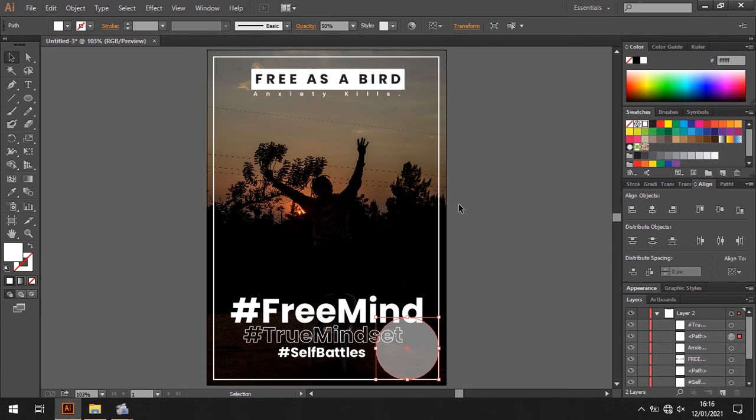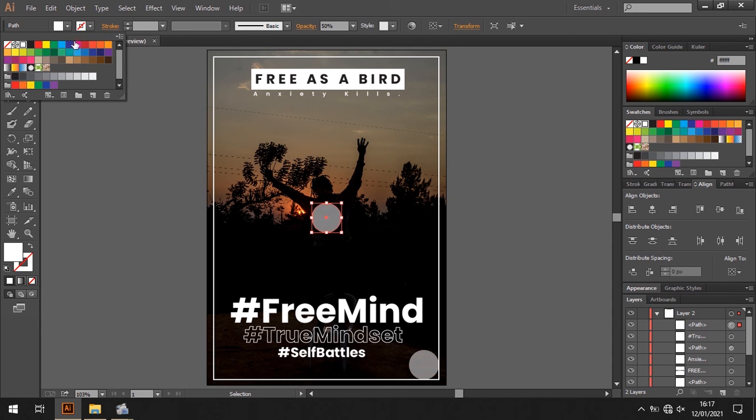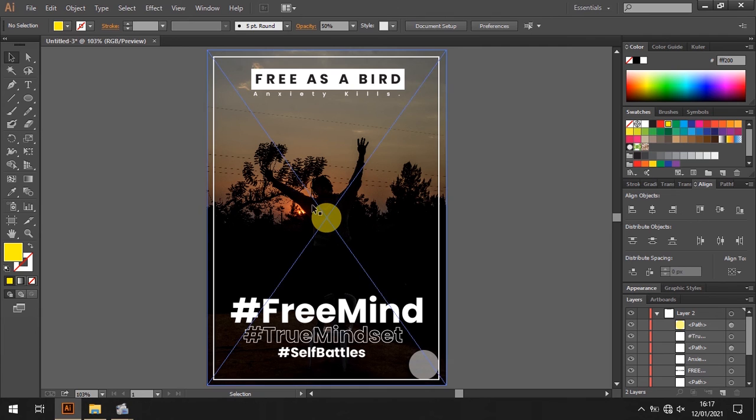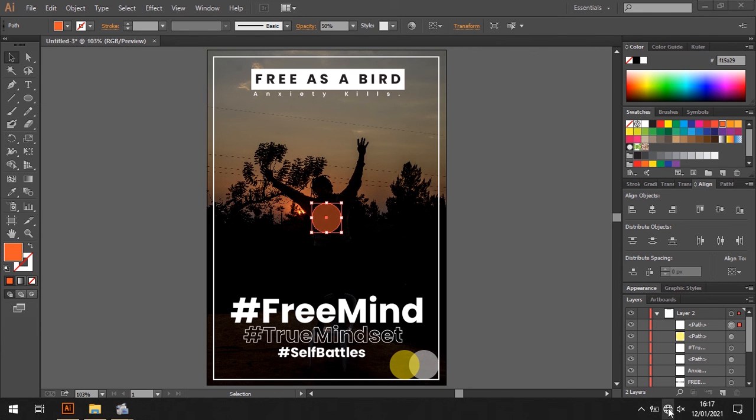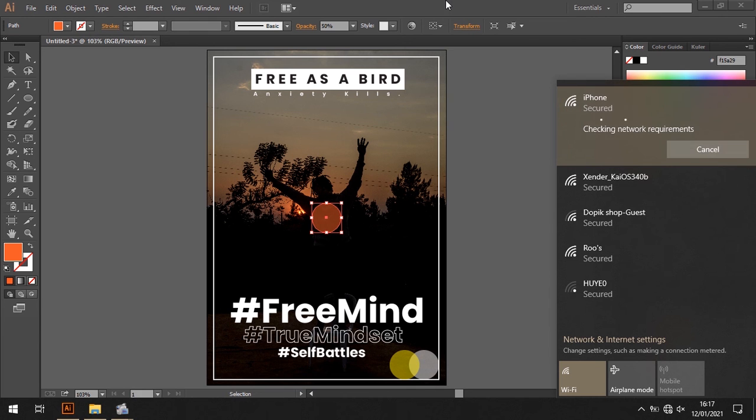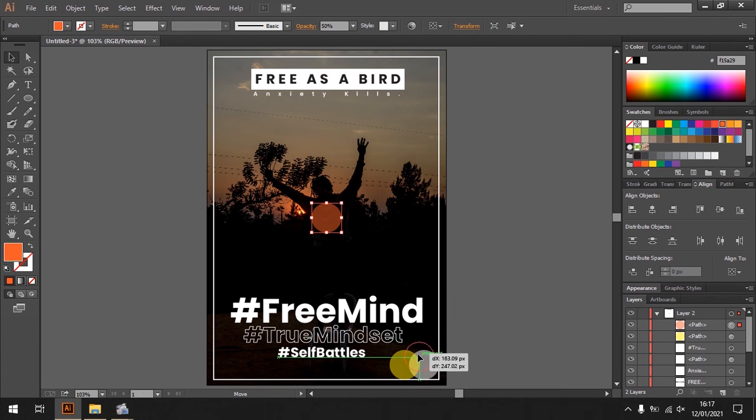and the free mind setting is readable. Press shift to resize the ellipse, then copy and paste it. We can change the color to yellow, and then we try to combine them. Control V and change it to orange, and try to combine them 3,